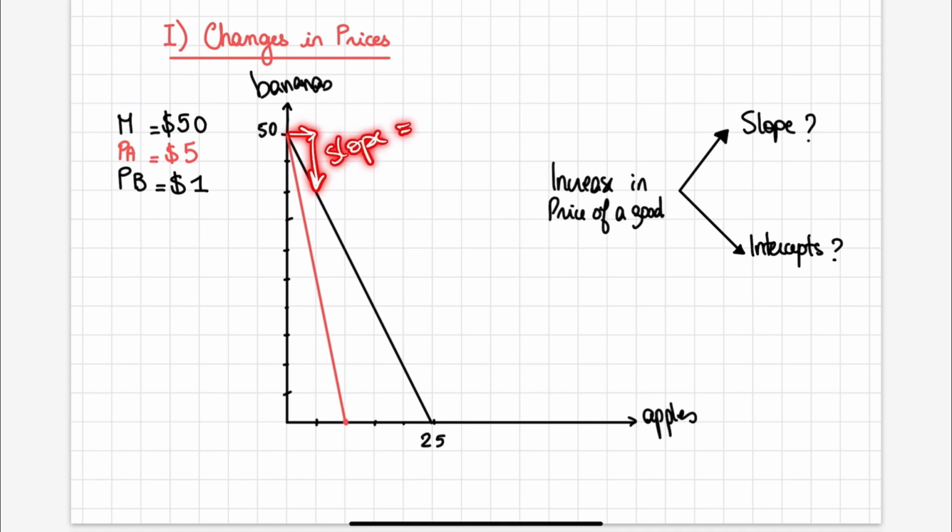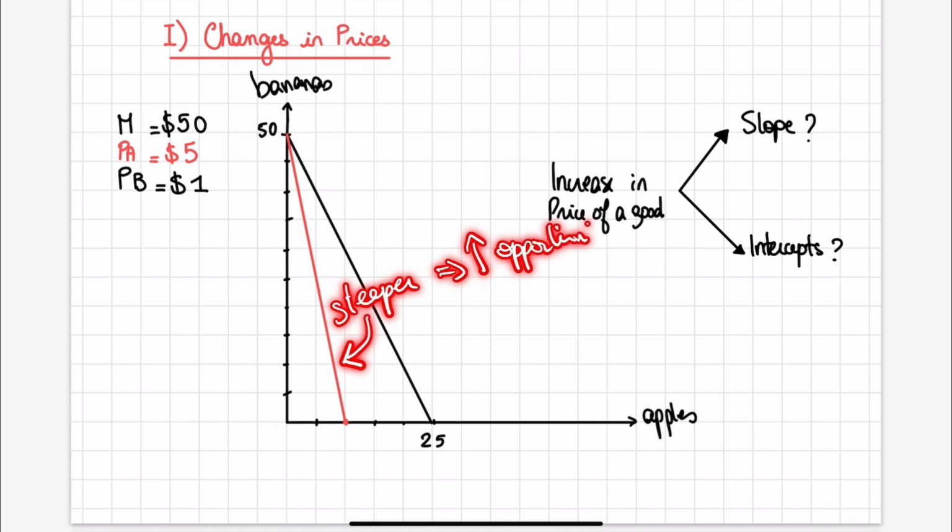constraint line. But now, with the price of apples having increased to $5, when I decide to buy an apple and move 1 unit along the x-axis, I'm actually giving up 5 bananas instead of just 2. This means that for each unit of movement along the x-axis, we're now dropping by 5 units on the y-axis for bananas. So as you can see here, the new line is steeper, and this visually represents our increased opportunity cost. So the additional bananas we're basically giving up to buy one more apple. And this is exactly why we say that an increase in the price of a good leads to a steeper